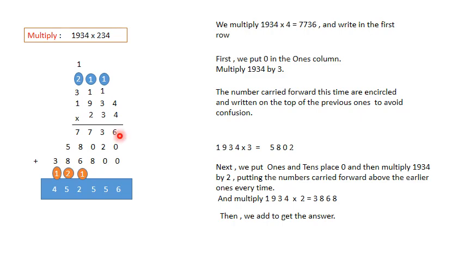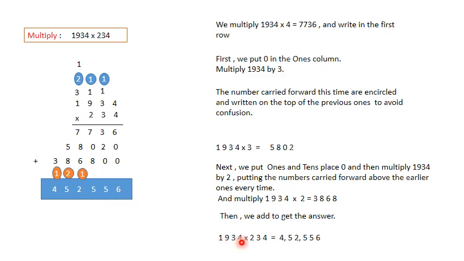So 6 plus 0 plus 0, we are getting 6. 3 plus 2 plus 0, we are getting 5. 7 plus 0 is 7, 7 plus 8 is 15. Now here is 7, this 6 is 6, 14, 14 plus 8, we are getting 21. Then 5 plus 8 is 15, so we have written 15, and 3 plus 1 becomes 4. So finally your answer is 4,52,556, and that we will write down as the answer.